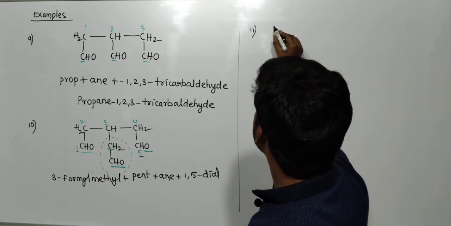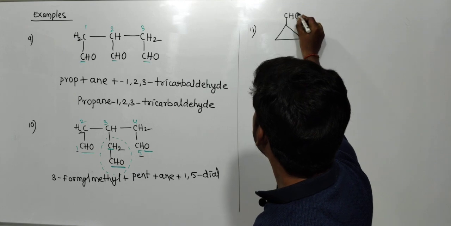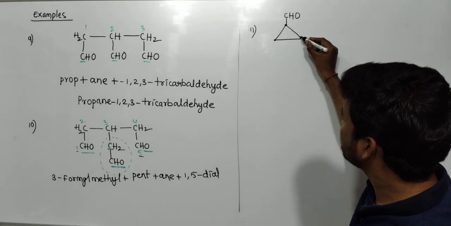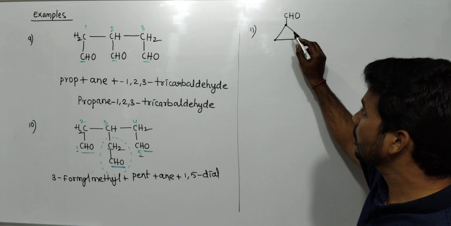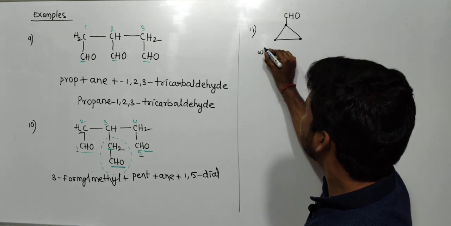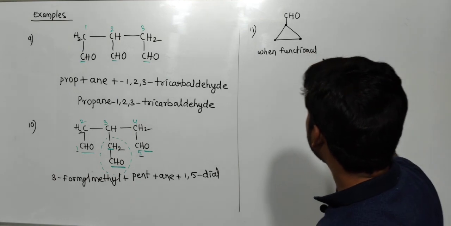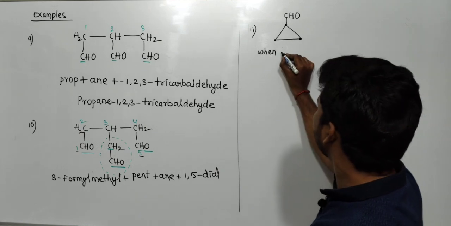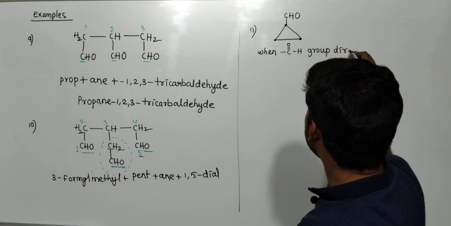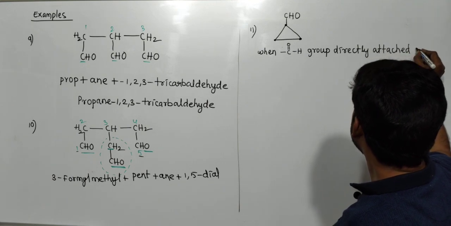If the molecule is like this, here the number of carbon atoms are 1, 2, 3. So this is the only functional group. Whenever a functional group is directly attached with a ring, when the CHO group is directly attached to a cyclic chain,